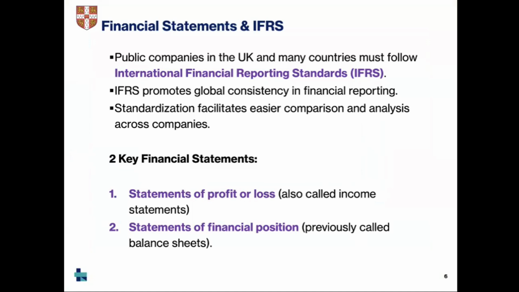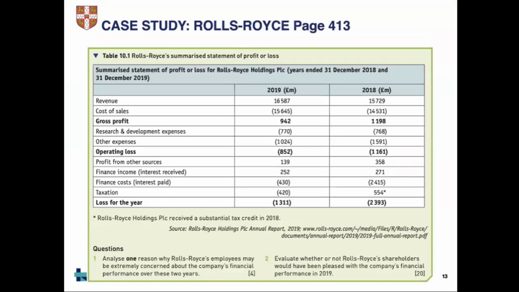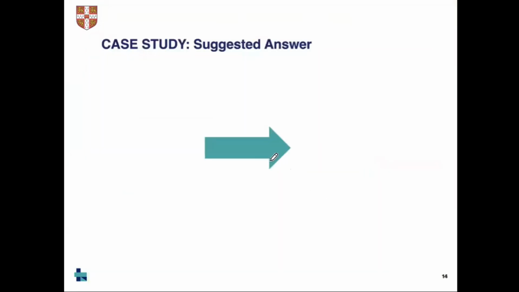Let's pick it up from here, where we looked at Rolls-Royce. We said that it is a very big company that manufactures engines for aircrafts and also ships. And then we asked the question, analyze one reason why Rolls-Royce employees may be extremely concerned about the company's financial performance. And rightly so, you said that they will be concerned because of their wages,